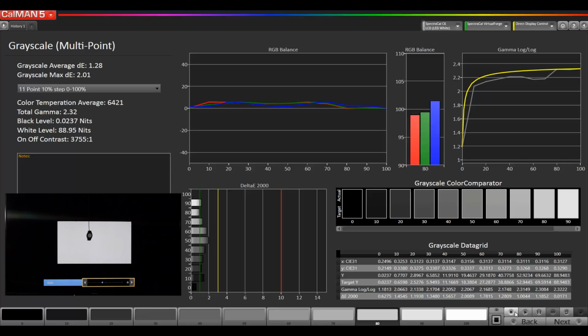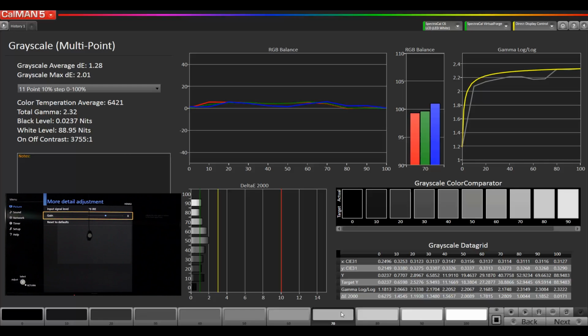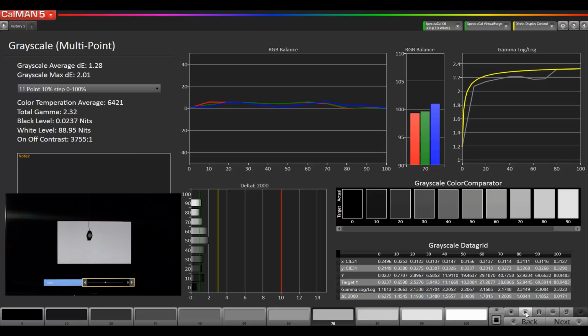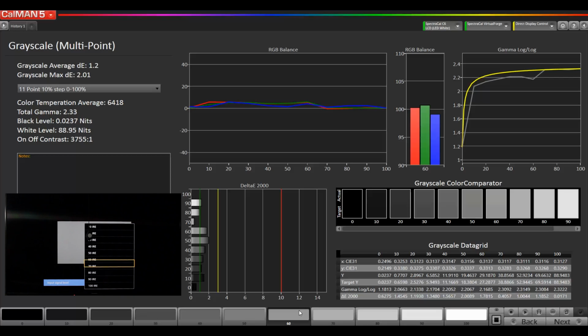Until it's there, I'm going to hit stop, select 70, go into my menu system, select 70, do a continuous read, hit stop, select 60, menu, put level, select 60, gain, continuous read,